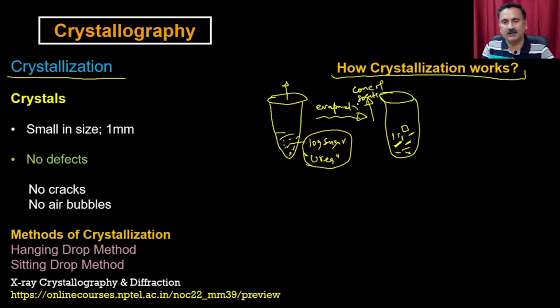So you are increasing the concentration of the solute, right? And in that process, the molecules are going to come together. For example, you have one molecule like this, and the other molecule is very far away, with water molecules present in between, right? Once after evaporation, these two molecules will come together, and you can imagine that many such molecules, when they come together, eventually that is going to give you